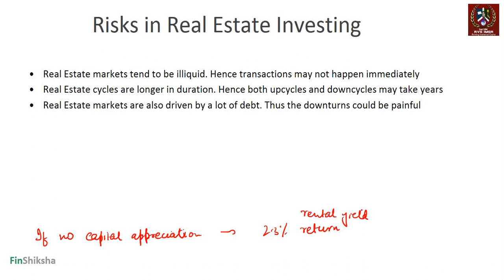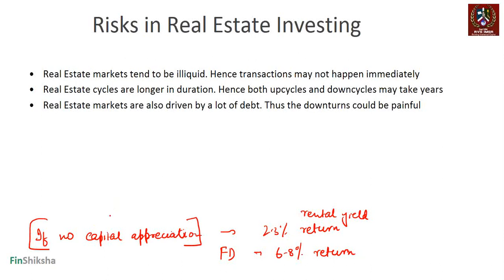Problem one is you could have used this 1 crore rupees, if you had this money, and put it in a fixed deposit, right? Even a fixed deposit would give you something like 6 to 8% return. Of course, the fixed deposit does not give you capital appreciation, but we have assumed that if real estate prices stop going up, then a rental yield of 2 to 3% does not make sense when you can make more than that by doing a simple fixed deposit in a bank.